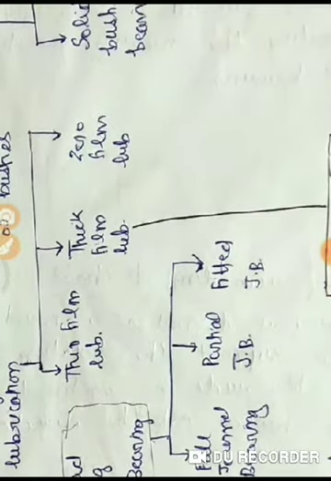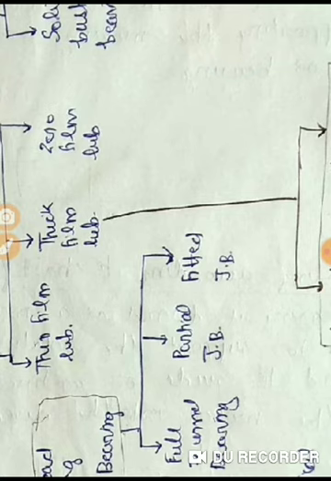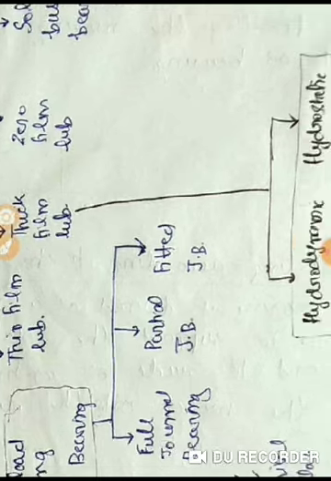So if the lubrication film is very thin, then this type of bearing will be called what? Thin film lubrication. Next is the thick film lubrication, in which the film thickness is somewhat higher, more as compared to the thin film lubrication. And zero film lubrication are the bearings in which lubrication is almost negligibly present between the two mating surfaces. Okay, and there is metal to metal contact present between the two mating surfaces.